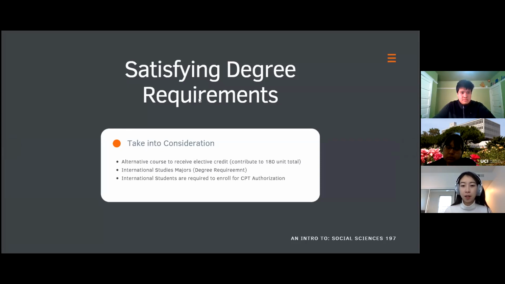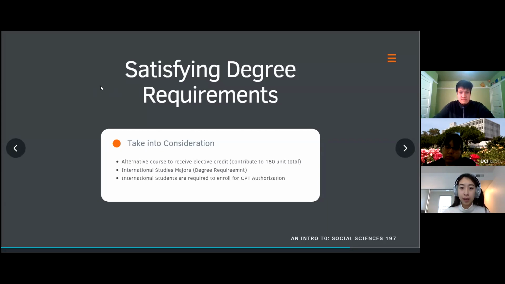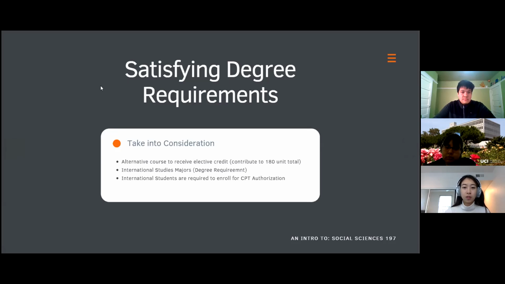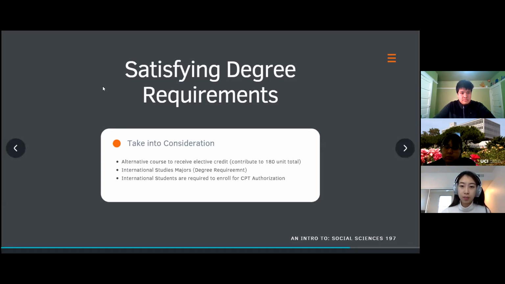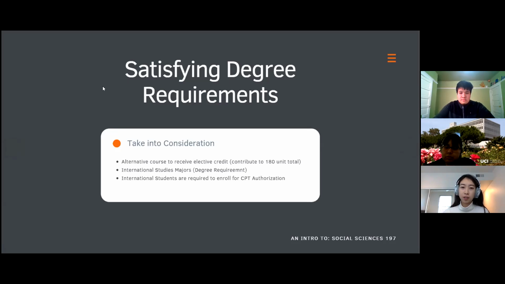You have to obtain a CPT authorization before the beginning of your employment, and you can also contact the International Center for more information. I'll send you a link to the page about the details, like the timelines and the package, what to apply, and what to prepare for the applications. Just as a side note, in order to get the CPT application, you have to provide proof of enrollment for Social Science 197, just to keep that in mind. It shouldn't be too much of a process, and if there's more details, you can also discuss with the advisor and International Center.